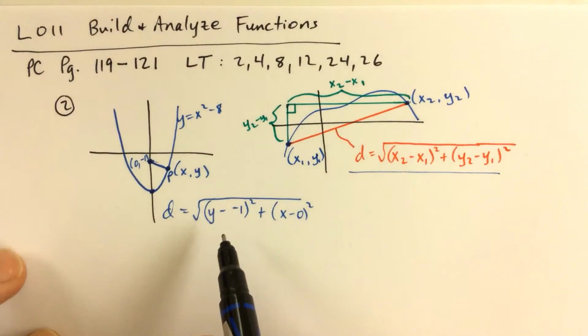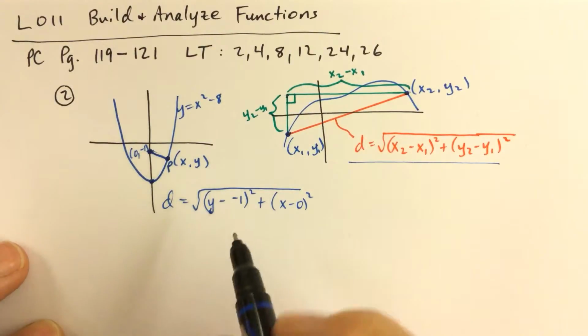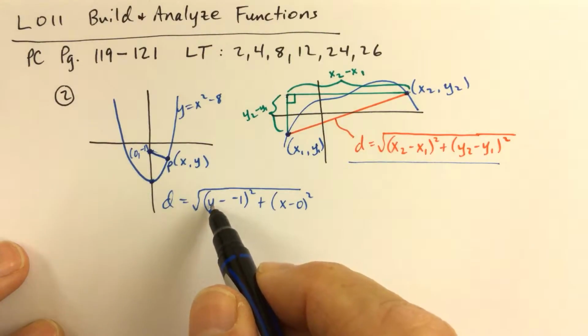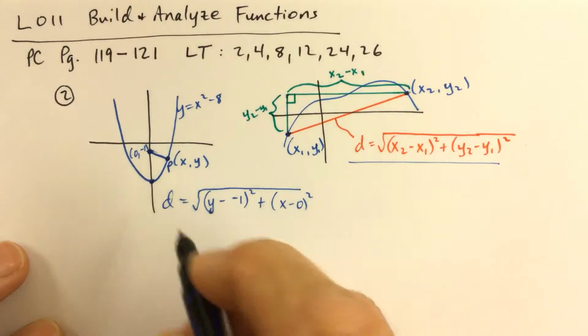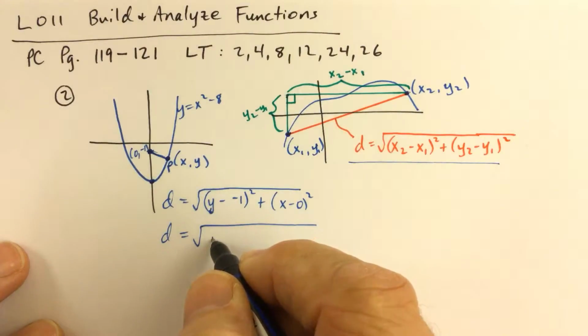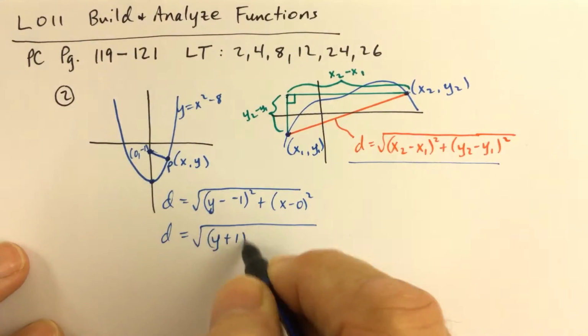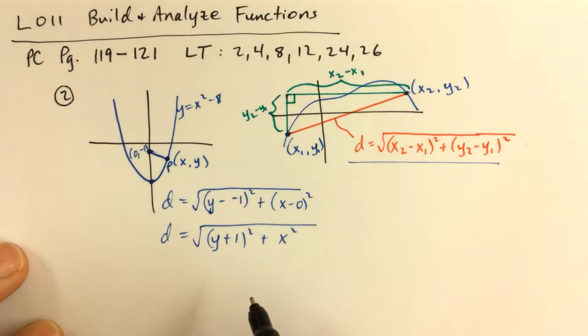Now there's a problem with this right now anyway. We can fix that in a moment. But the problem is that we've got a y in here and an x. We don't want the distance expressed using both x and y. That's too many variables. So let's go ahead and simplify this a little bit first. We have (y plus 1) squared plus x squared. Okay, well,